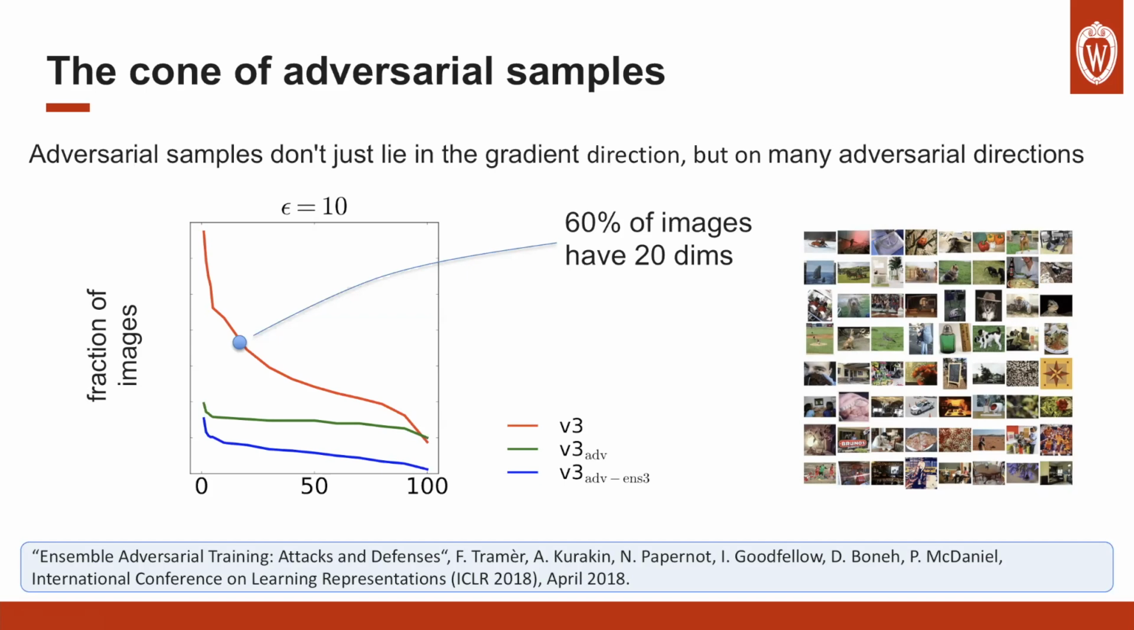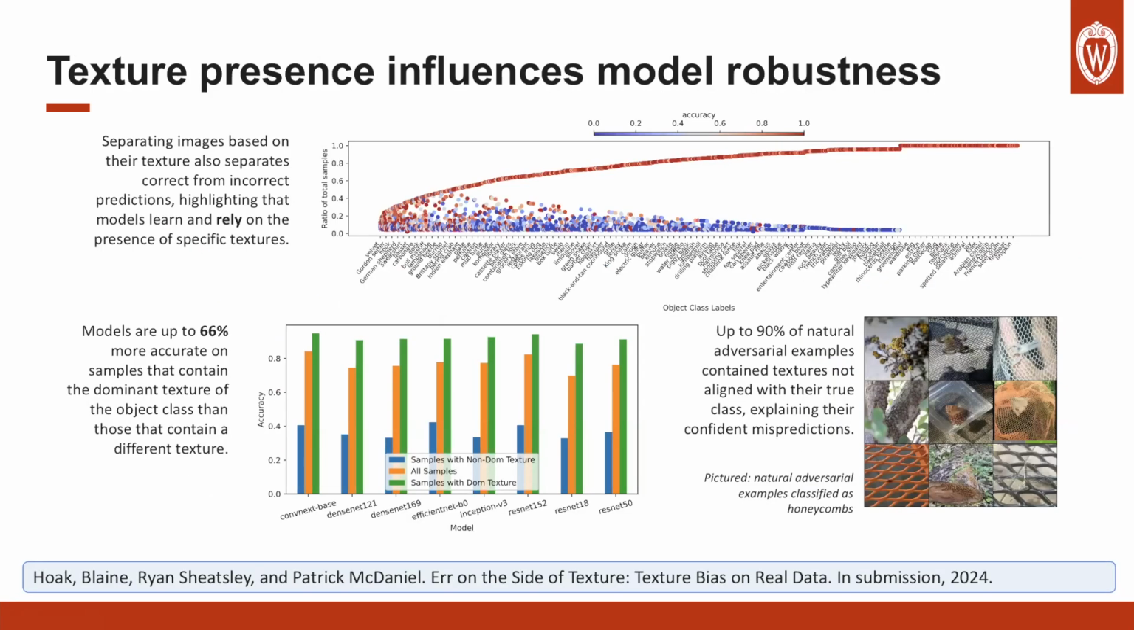Sorry, at least 20 dimensions. And so it turns out that in the space of adversarial samples, pretty much any sample you have, you can go in multiple directions. And so what that means is there's a lot of them. Something that's coming out right now is that in particular when it comes to something like